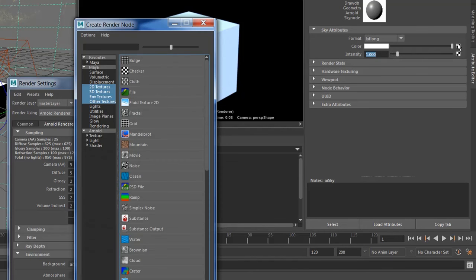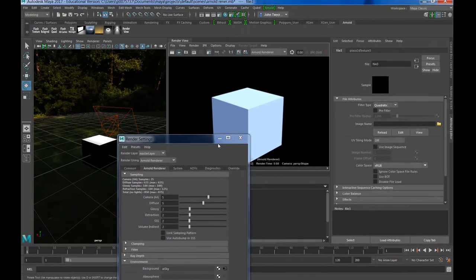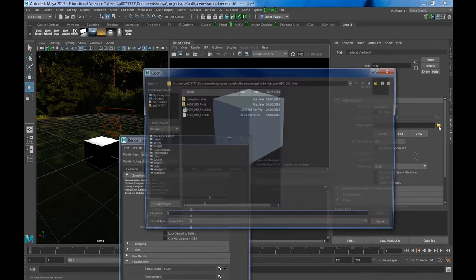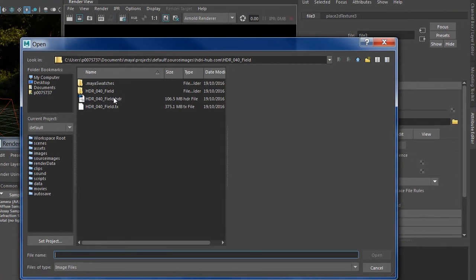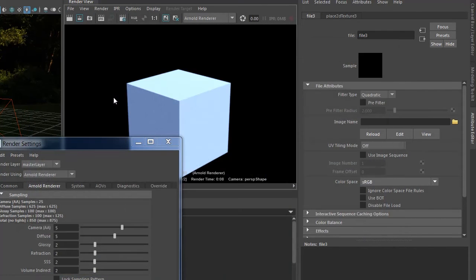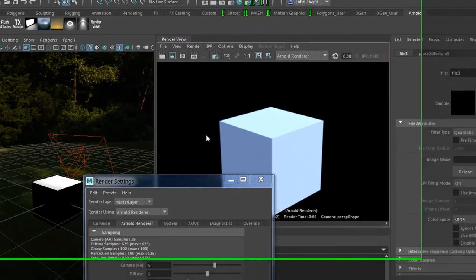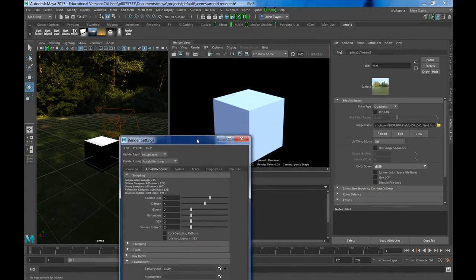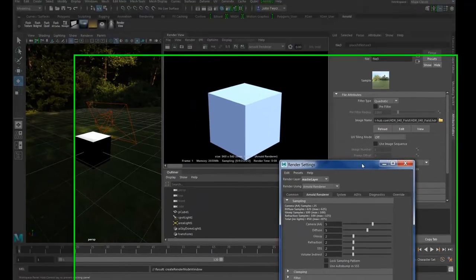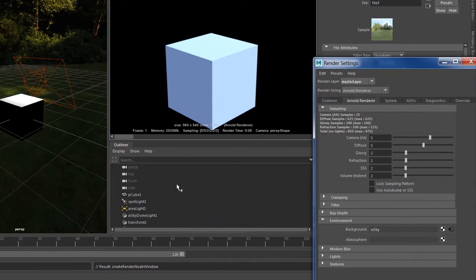But what we want to do is link this again to the file that we're working with, and if I link it into this HDR image, so HDR stands for High Dynamic Range Image, so I don't need to say image on the end of that. Anyway, so that now, if I look in my outliner,